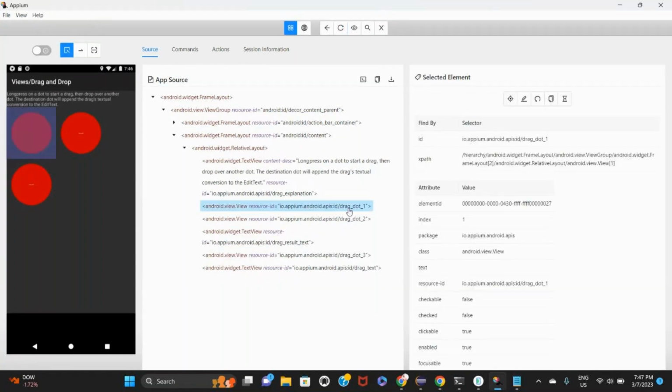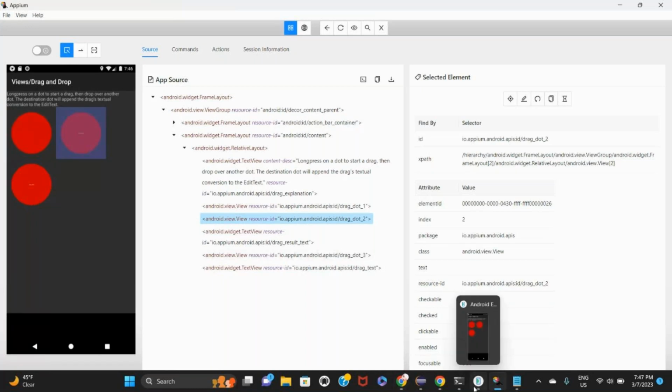So drag dot 1 and the other one is drag dot 2, drag dot 3, drag dot 4. So the whole intention now is we want to move this drag dot 1 to drag dot 2. So we should be able to do that. That's the only thing. So identify the source and destination and implement the same thing. Okay,